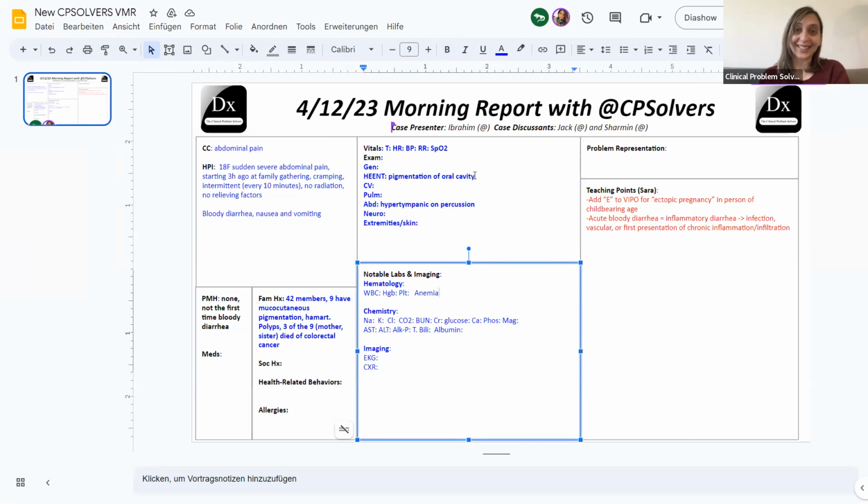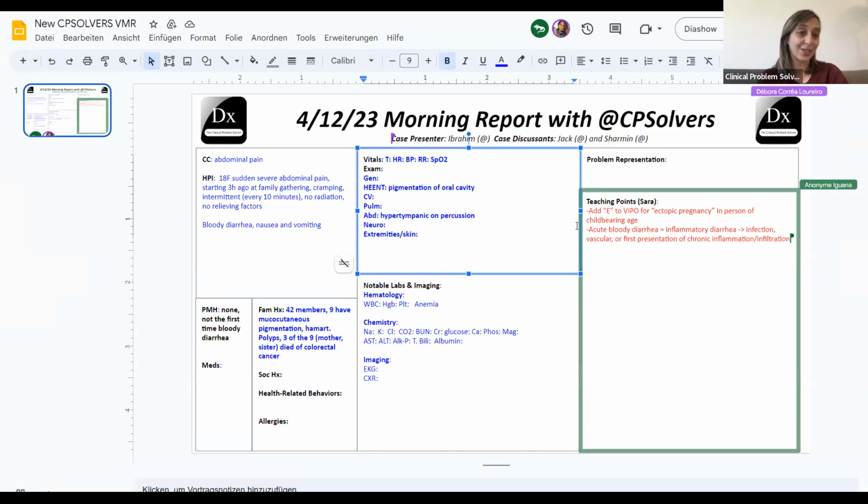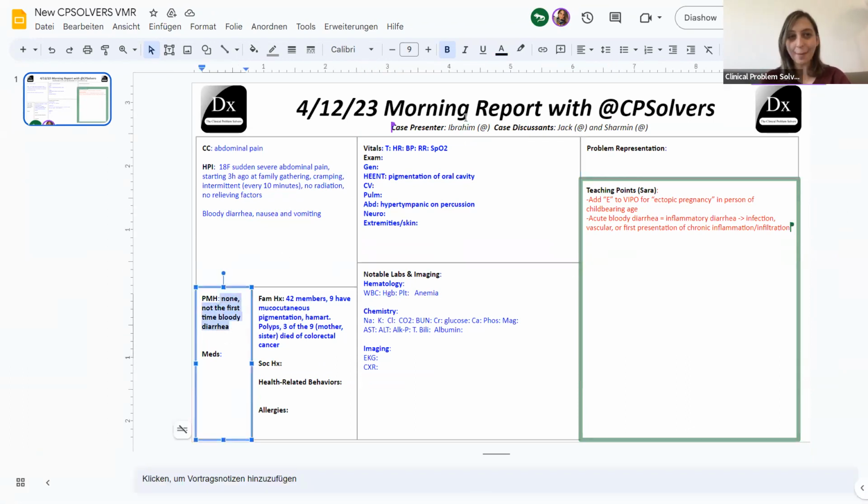All right. Wow. Whoever took that family history, hats off to them. So that's a very rich generational history that shows propensity for colorectal cancer in addition to polyps. So thinking about different congenital or hereditary diseases that can cause a lot of polyps, I think Lynch syndrome is one of them. There are a couple of different ones, and it sounds like this is something that this patient can also be at increased risk for.